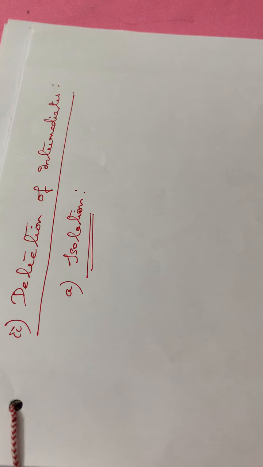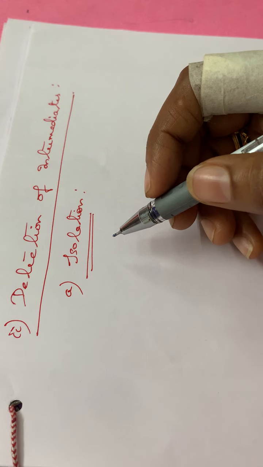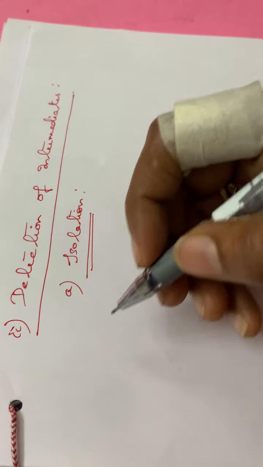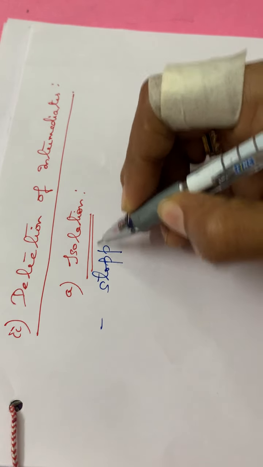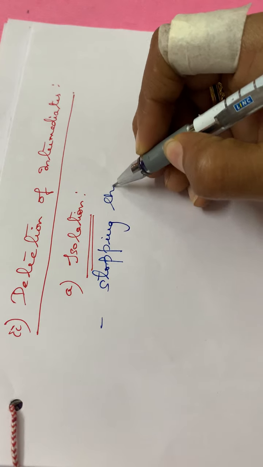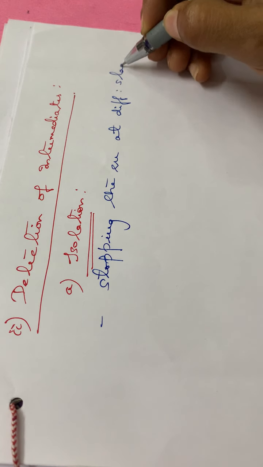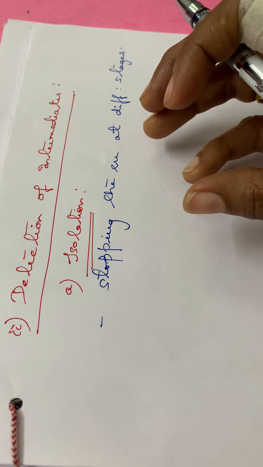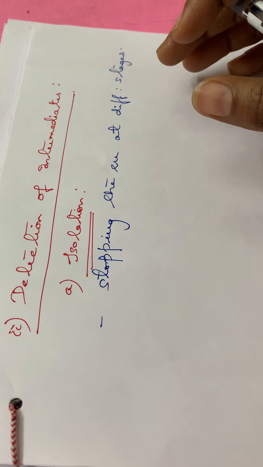Say for example, in the case of this isolation, I will be telling you one example. Isolation means we are stopping the reaction at different stages. That is, while a reaction is going on, we will be stopping at certain points, and thereby at that time some products or intermediates will be there that you have to identify. Okay, so we will be stopping the reaction at different stages.